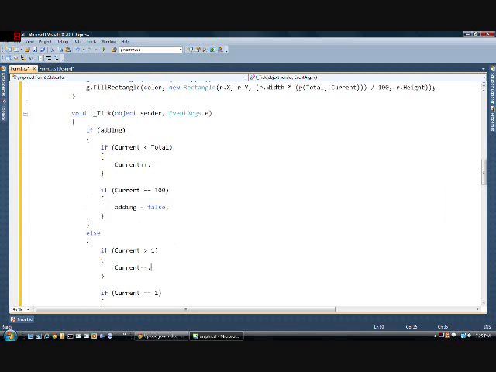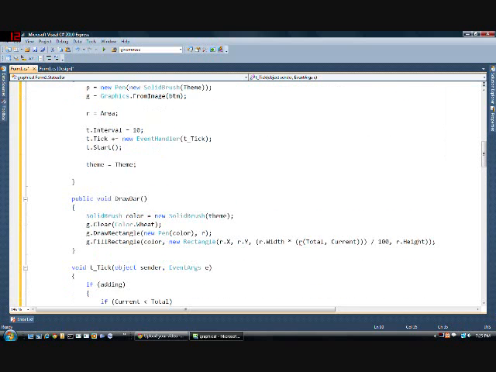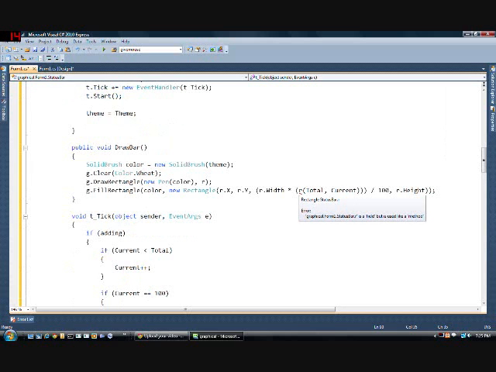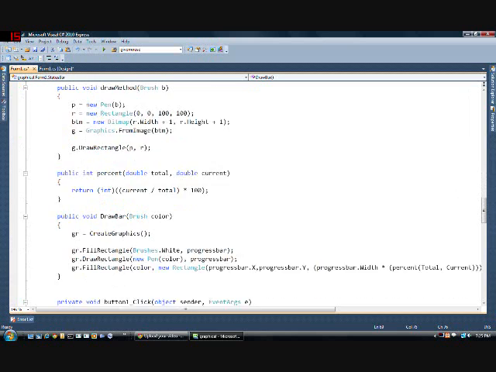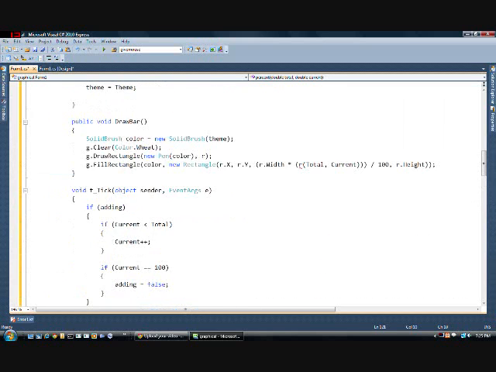Now I'm thinking, let's see, I have one more thing that needs to be done, and that's this thing here. I accidentally replaced that with R. It's actually a percentage thing, so I need to move the percent into